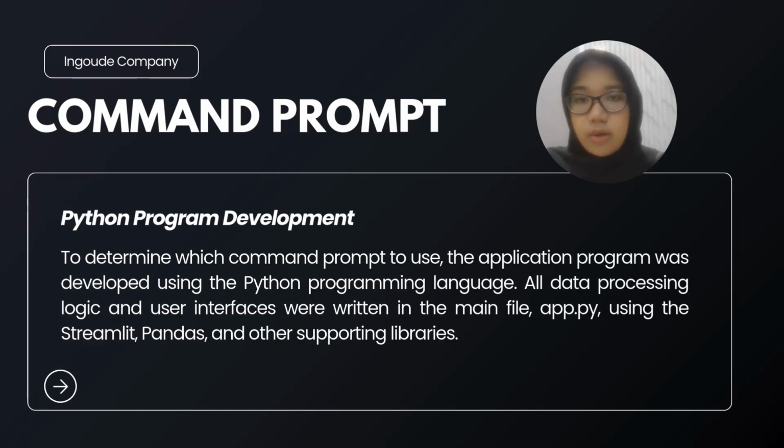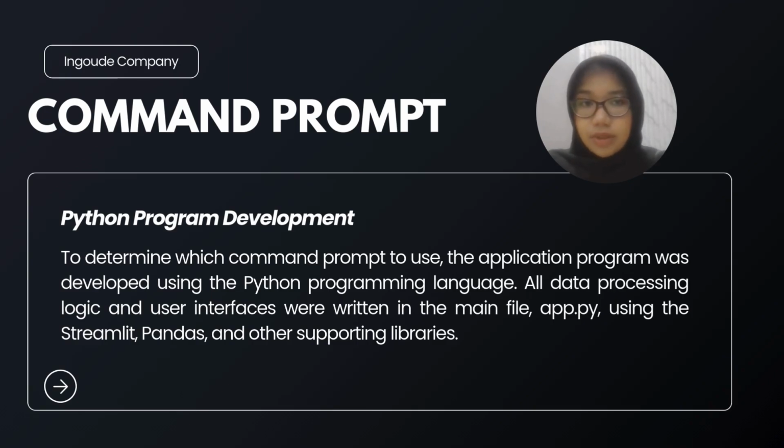So next is the command prompt. How do we determine the command prompt for this project? First, we use Python program development to determine which command prompt to use. The application program was developed using the Python programming language. All data processing logic and user interface were written in the main file app.py using Streamlit, Pandas, and